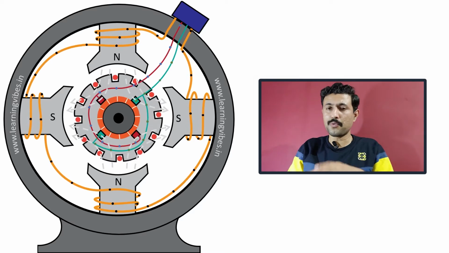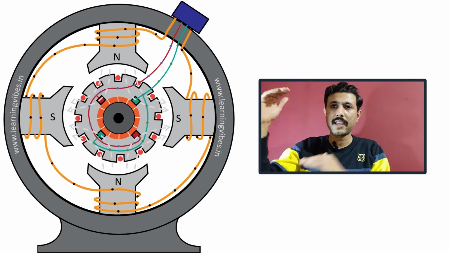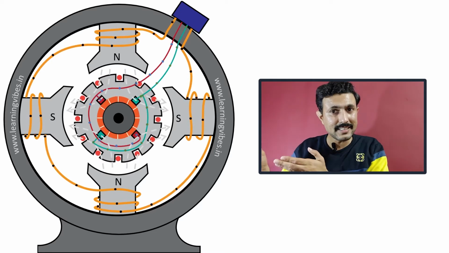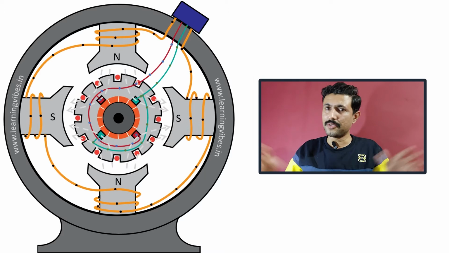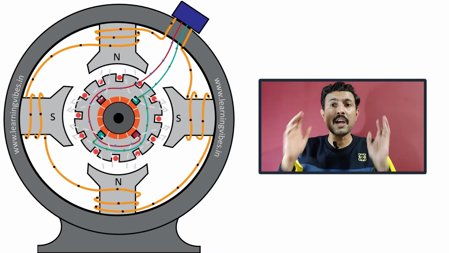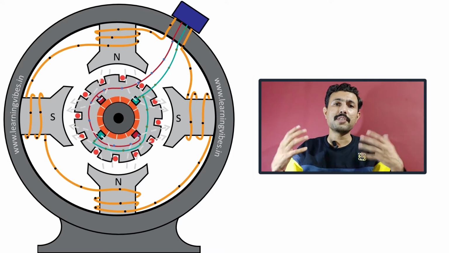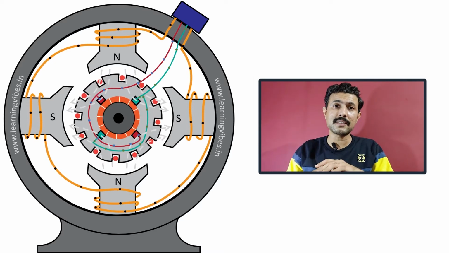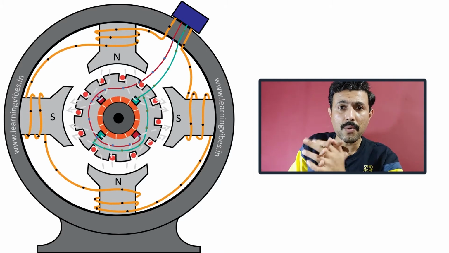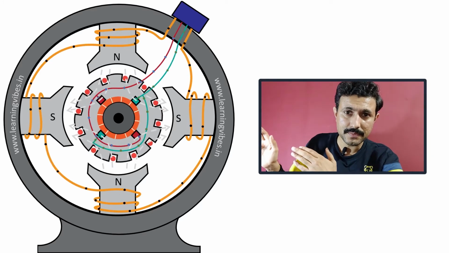In this video, we are going to get the relation between terminal voltage V and induced EMF E for a series DC generator using animations. These equations and the approach given in this video will be very helpful for solving numericals and understanding DC machines. So, without wasting time, let's quickly jump to the video.